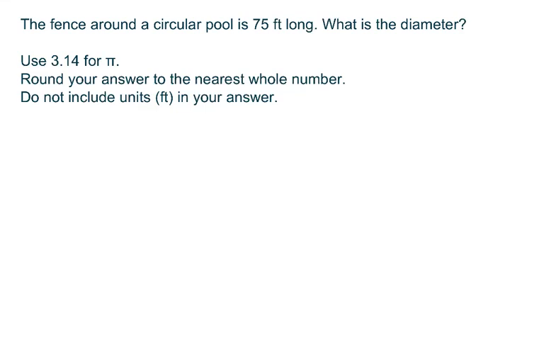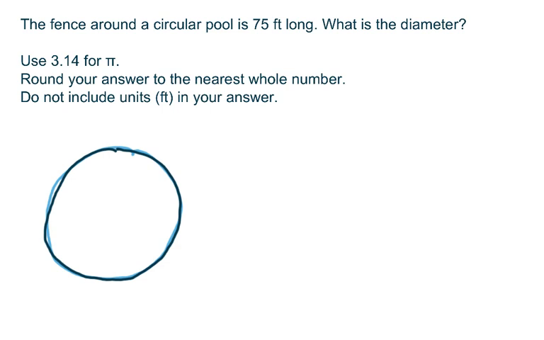The fence around the circular pool is 75 feet long. What is the diameter? Use 3.14 for pi, round your answer to the nearest whole number, and do not include units in your answer. So I think the best way for us to get started is to draw a sketch. And then it says that the fence around the pool, so that means we're going around like this, is 75